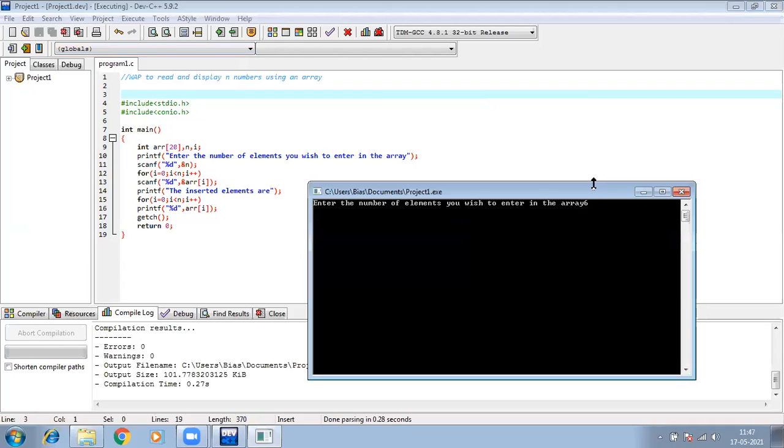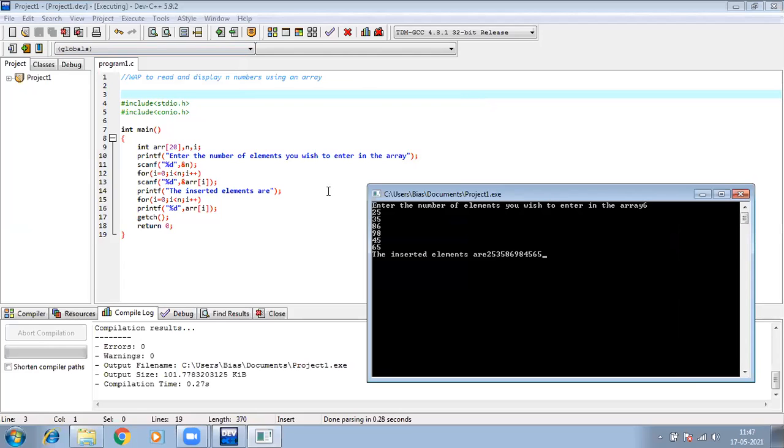When I press enter, it is asking for these n elements. Suppose I enter 25 as the first element, second element, third element, fourth element, fifth element, and sixth element. The moment I enter the sixth element, see, the next statement is "The inserted elements are", and it is showing me